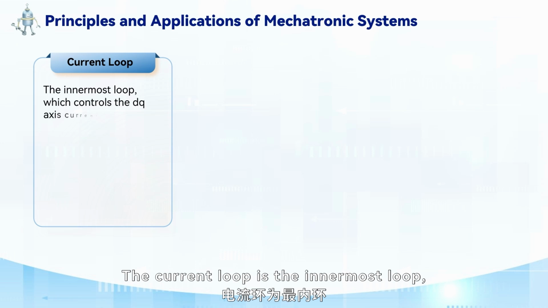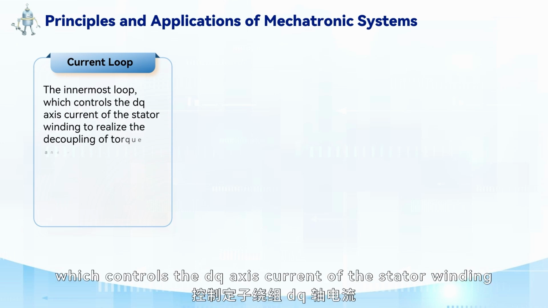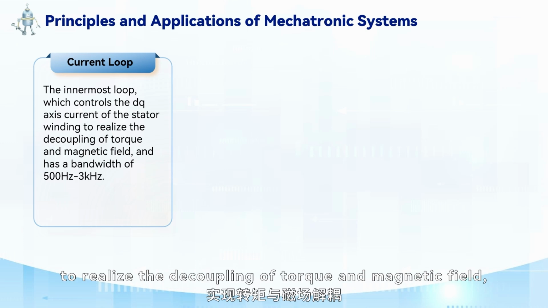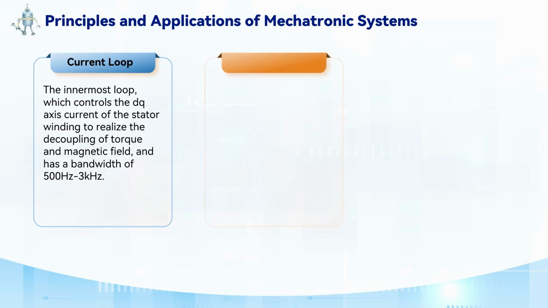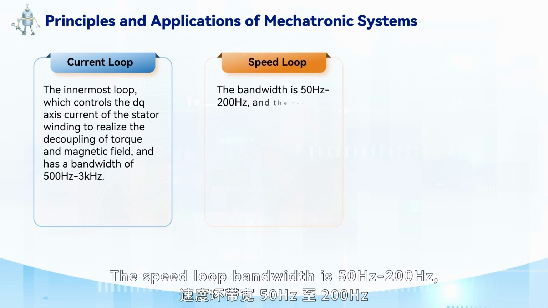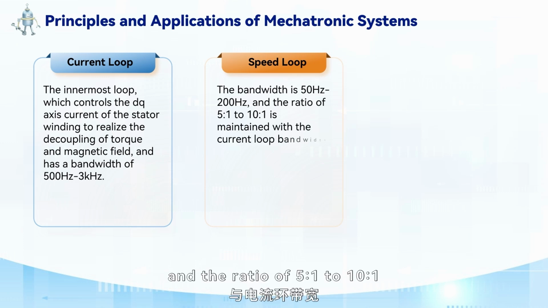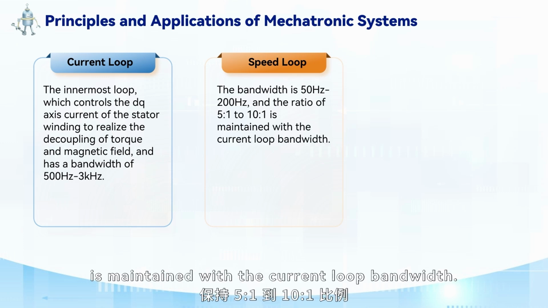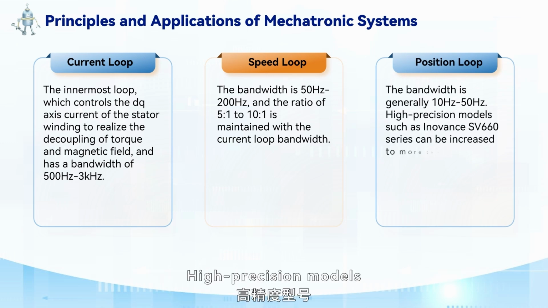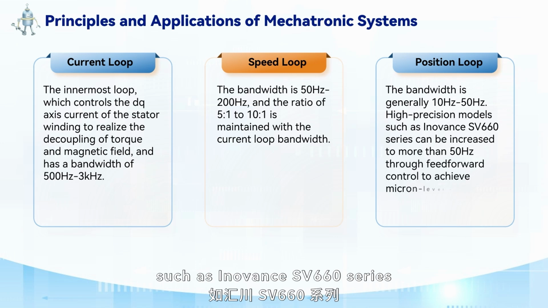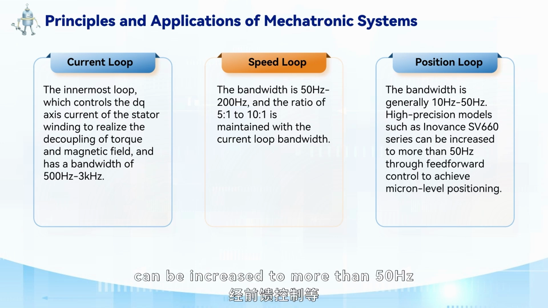The current loop is the innermost loop, which controls the DQ axis current of the stator winding to realize the decoupling of torque and magnetic field, and has a bandwidth of 500 Hz to 3 kHz. The speed loop bandwidth is 50 Hz to 200 Hz, and the ratio of 5:1 to 10:1 is maintained with the current loop bandwidth. The position loop bandwidth is generally 10 Hz to 50 Hz. High-precision models, such as Inovant's SV660 series, can be increased to more than 50 Hz through feed-forward control to achieve